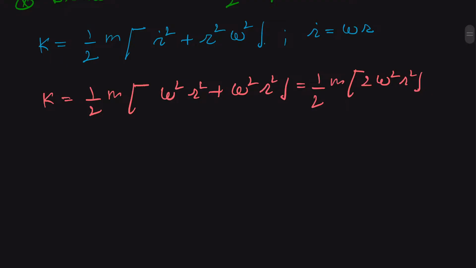So here 2 and 2 cancel out, so we get the kinetic energy is equal to m omega square r square,